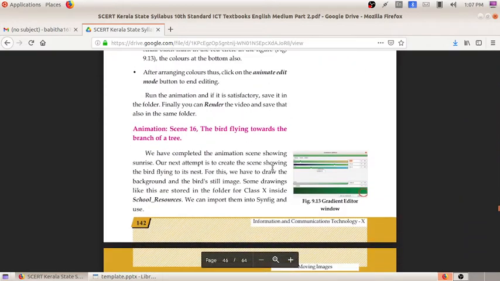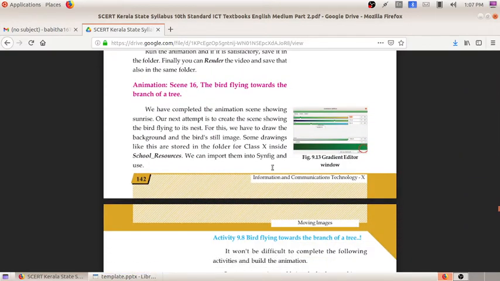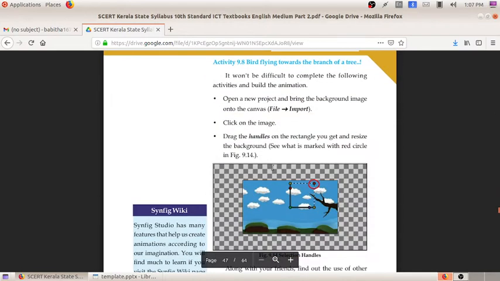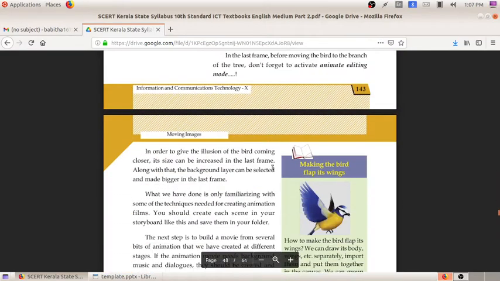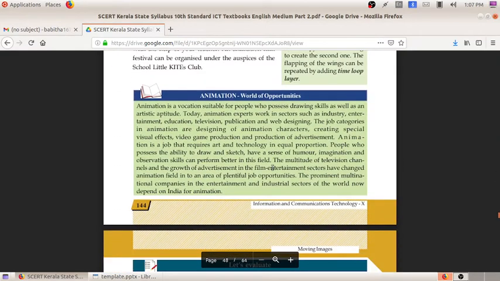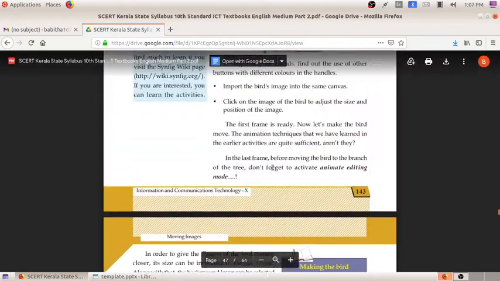And next we have done the activity of bird flying towards the branch of a tree. We have added the image of the background and image of the bird from school resource folder, and we have done the animation in 120 frame. Okay, so I hope it is clear to all of you, and with that much our chapter is also completed.